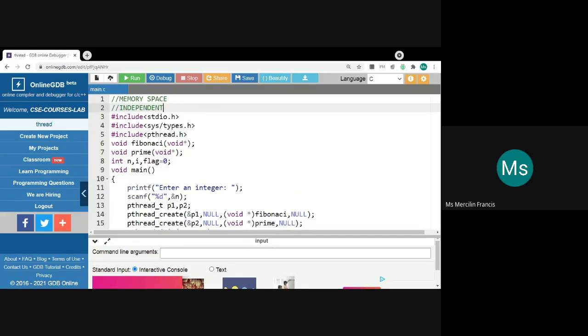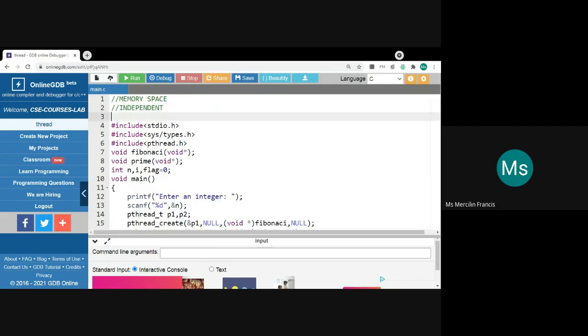Threads have some other advantages, like fast context switch.